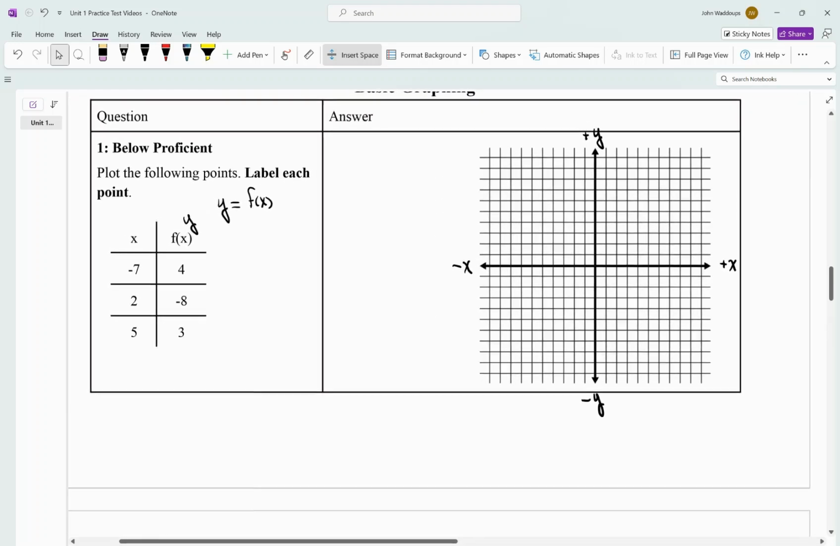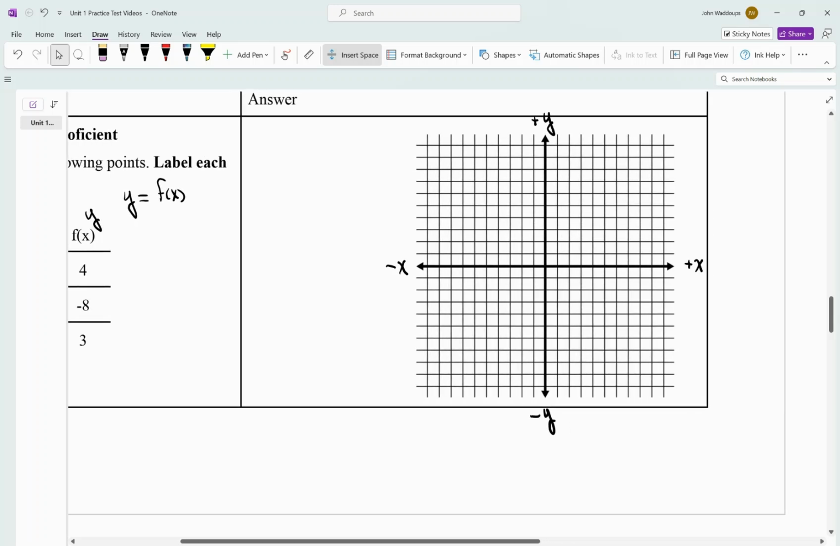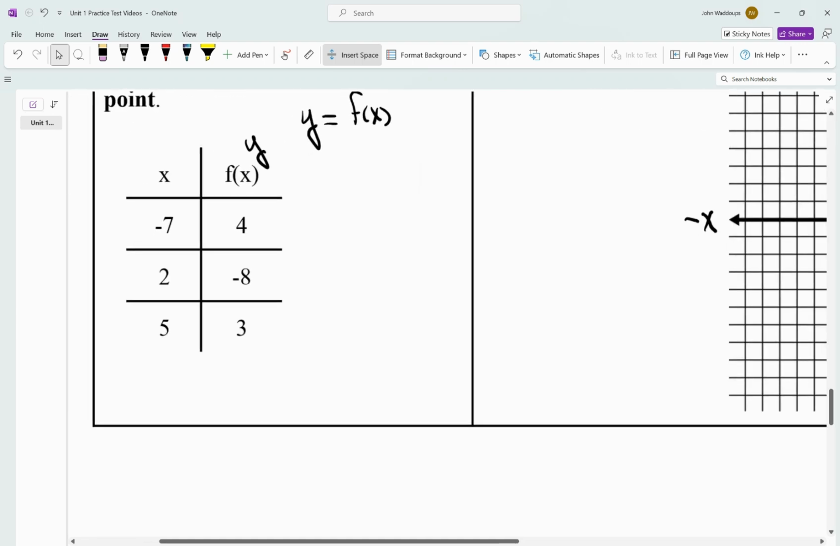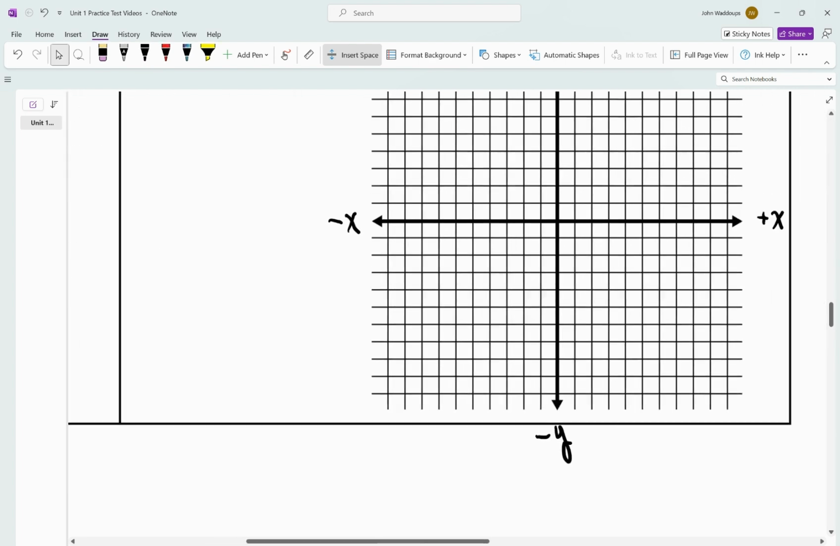You also need to have some scale. You can do 1 to 1, 1 square equals 1 unit, but you can also do 1 square equals 10 units or 100 or a million. It just depends on the values that you have and how big you need them. Because the smallest value is -8 and the largest value is 5, I think that in this case, 1 to